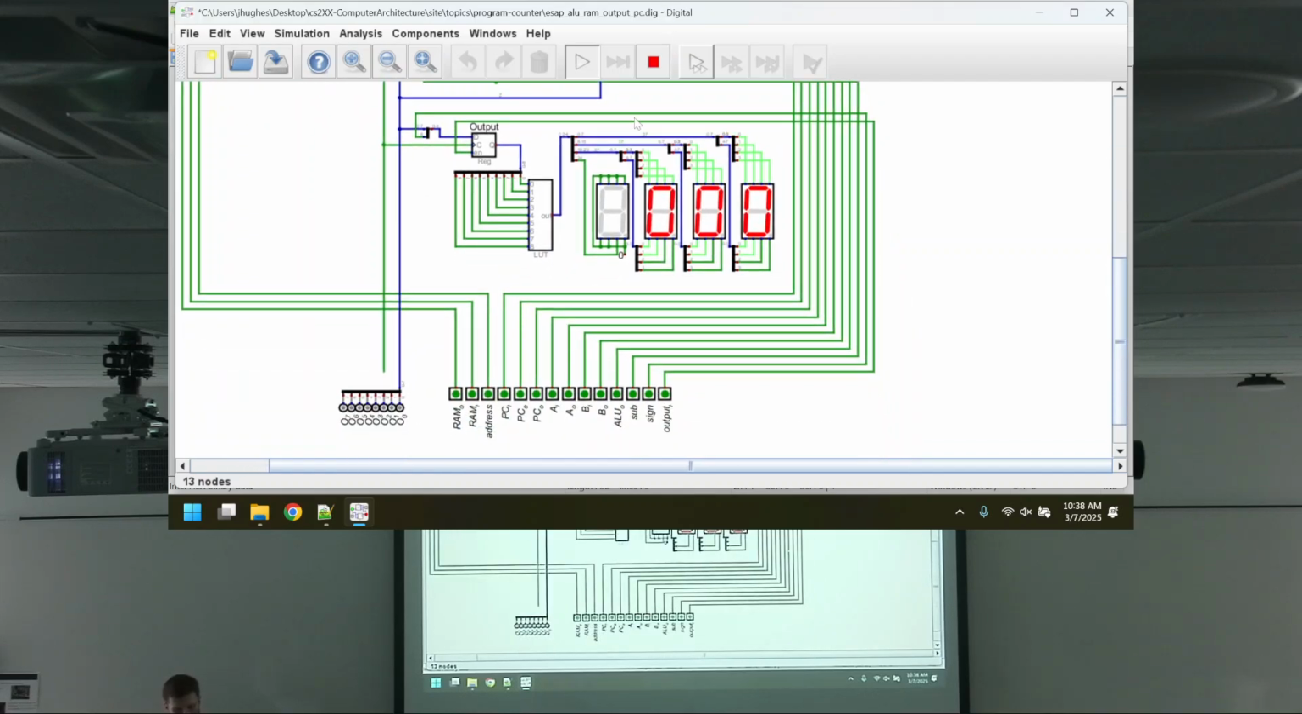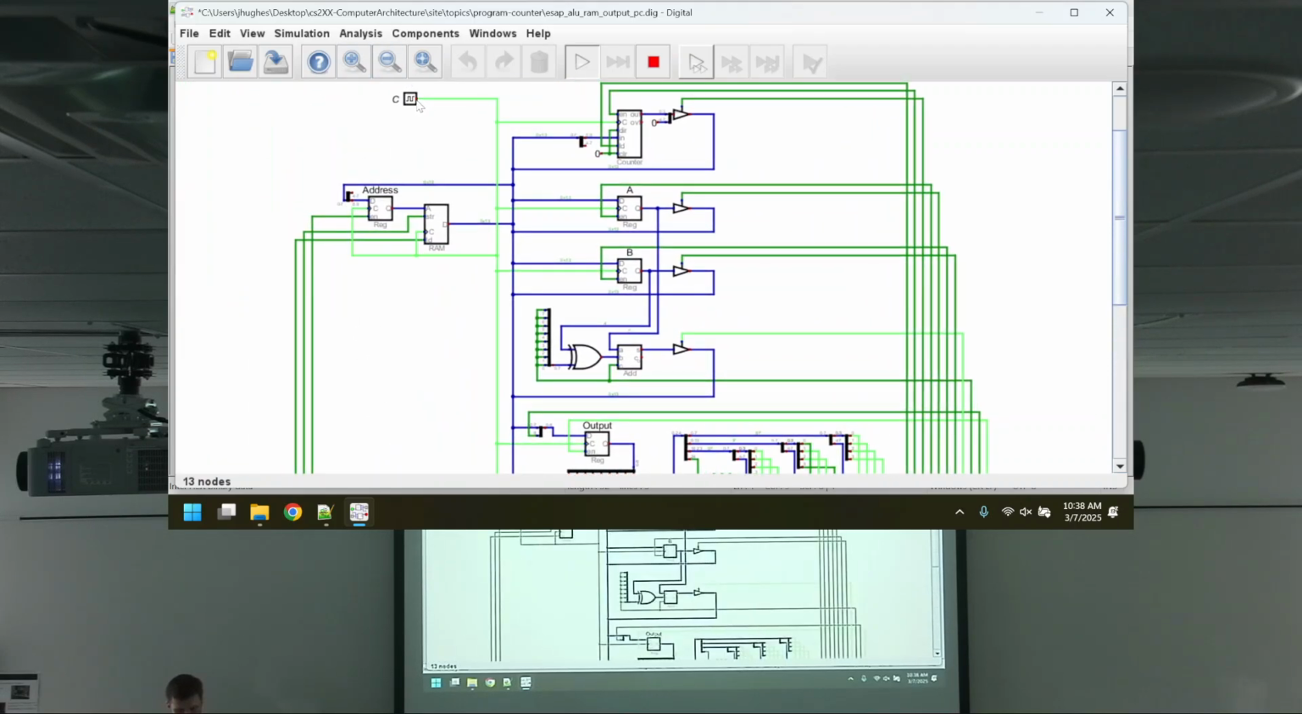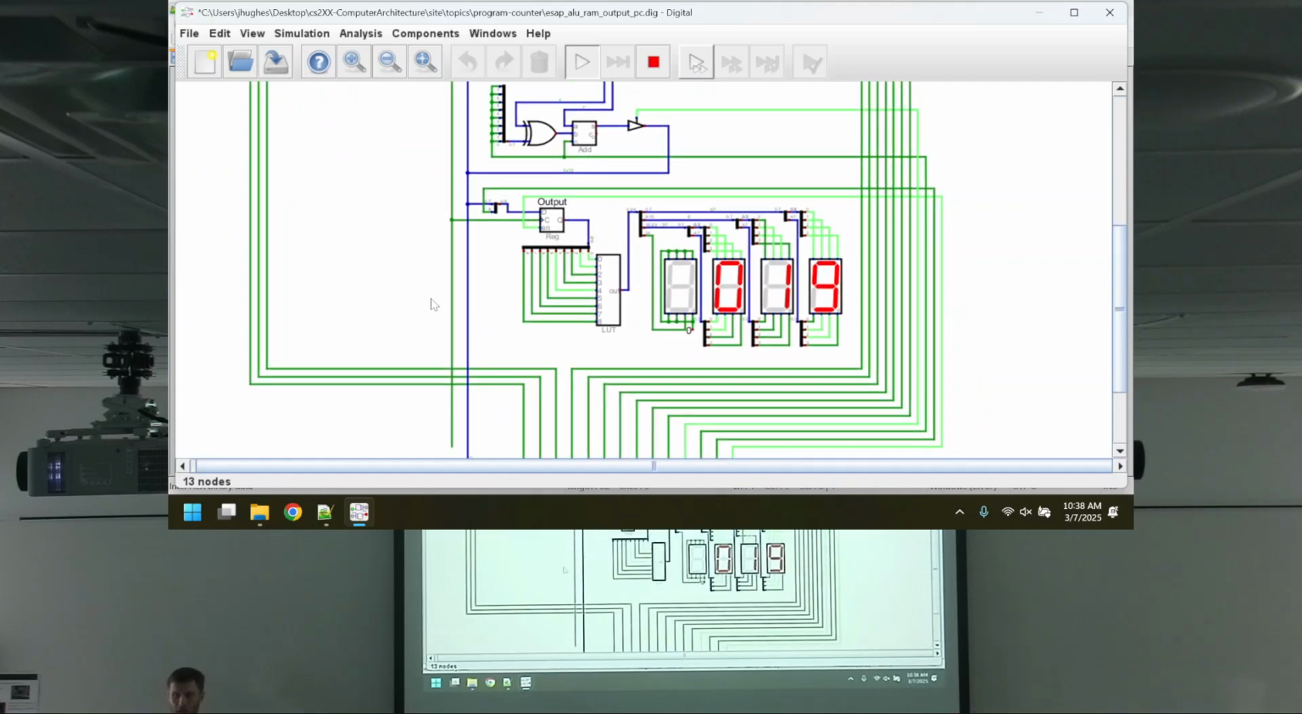So I could do something like, let's say, ALU out and output register in, clock pulse, and there we go. Fantastic. Maybe I should have incremented the program counter to, I don't know, whatever, but 19. So we did the exact same thing we did last time without needing any